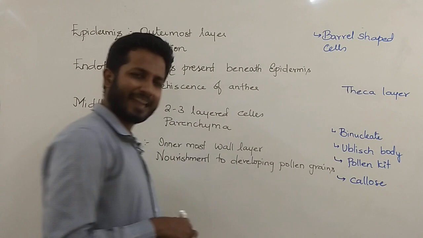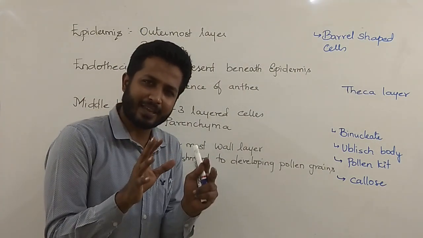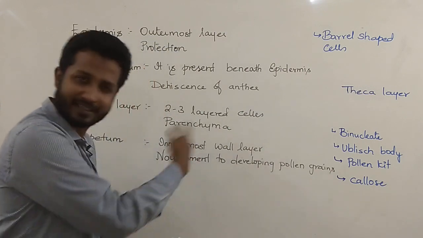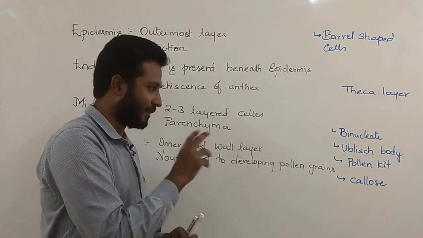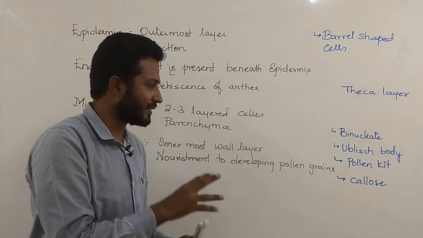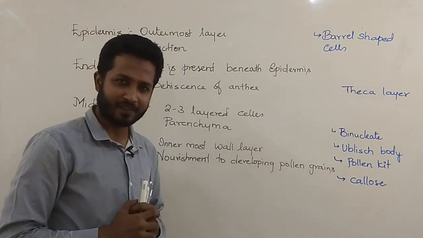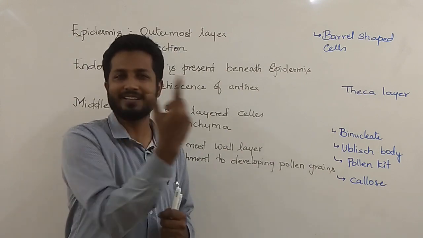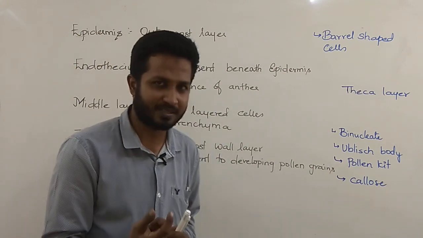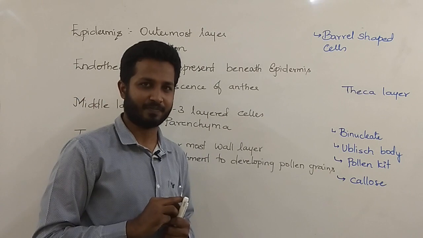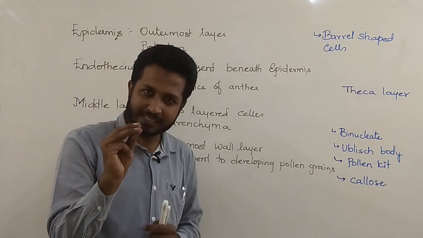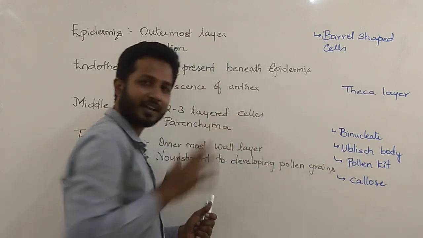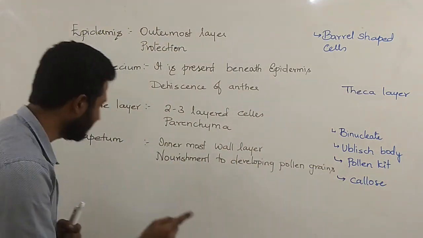Okay. This callose is going to keep 4 cells together. Which 4 cells? I'll talk about that in the next topic. But just for the time being, remember that callose is a carbohydrate which is going to keep 4 microspore cells together. One cell, when it is dividing by meiosis, is going to give rise to 4 cells. All these 4 cells are being held together with the help of a carbohydrate called callose, produced by whom?